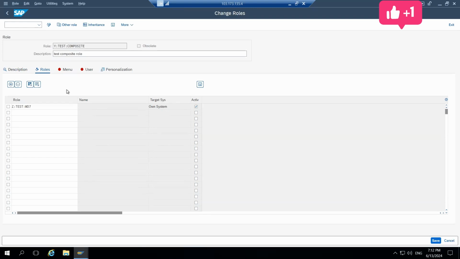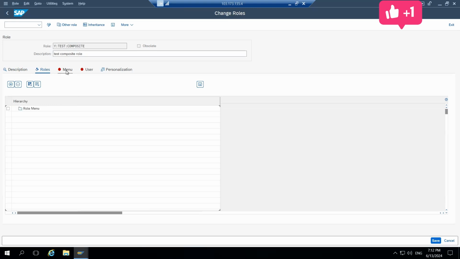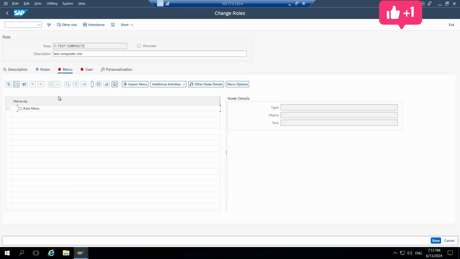So under this roles tab, we will add all the roles that we need to add. For example, I have added the derived role that we created yesterday. Now, under the menu tab, we used to add T codes. But in the composite role, what we do is